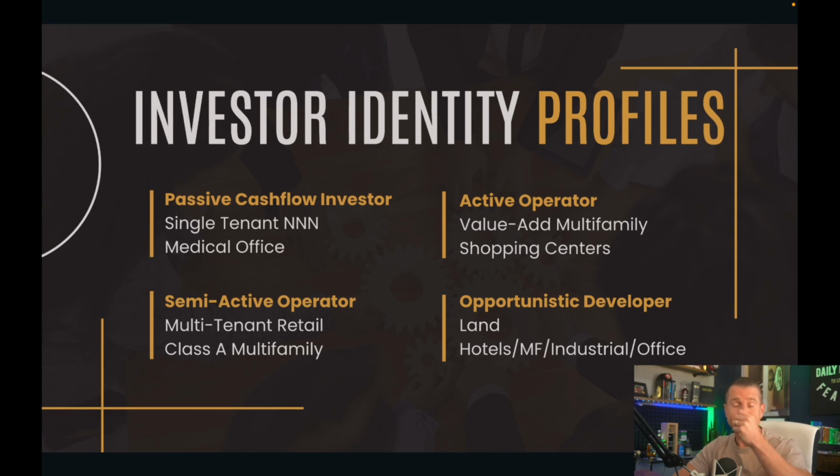Now, the last thing, talking about your investor identity. So we talked about what aligns with your management intensity, that you are thinking about in terms of how much you want to put into the deal. You're looking at your cash-on-cash returns. What do I want to get from a return on the dollars that I invest into this deal? And then, of course, thinking about the alignment that these things have with your investor identity profile, right?